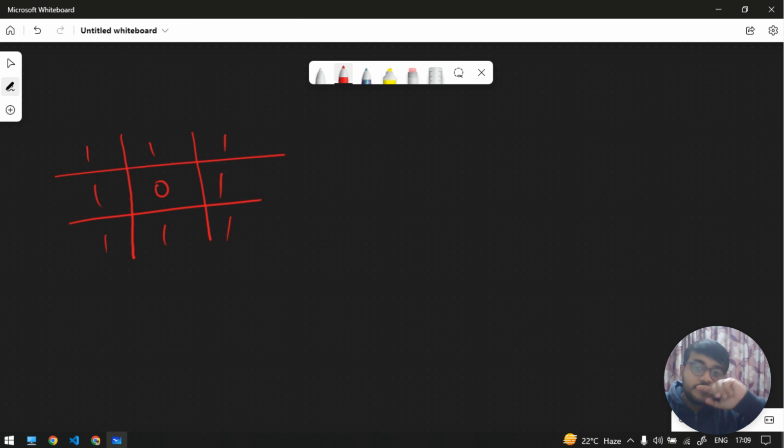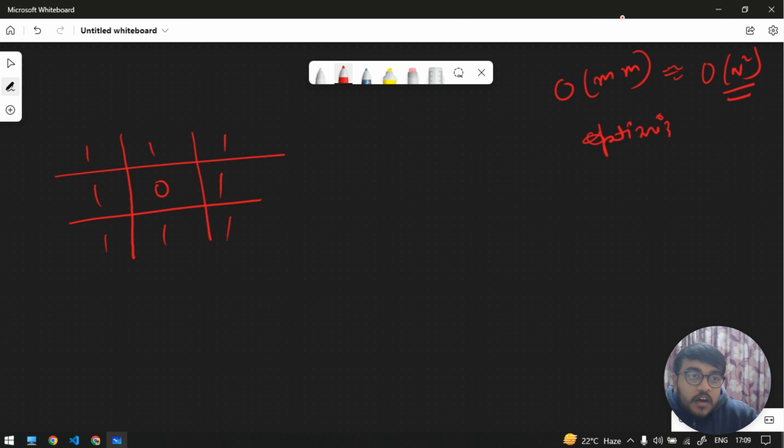Okay, so the problem again was this. Let me make the matrix first. 1 0 1. So in the previous case, which was the brute force, I was using a queue, and in the worst case it will be O of m into n, which is normally, if both are equal, O of n square, basically quadratic. We are obtaining a quadratic time and space complexity, which is bad. So let's try to optimize the